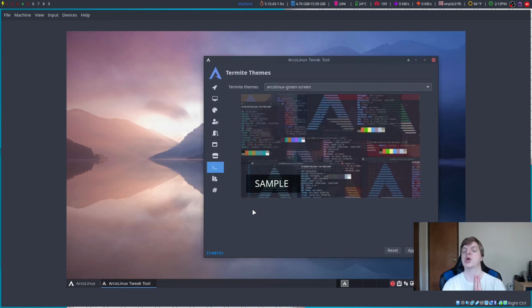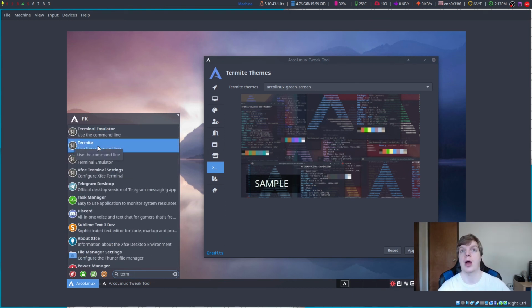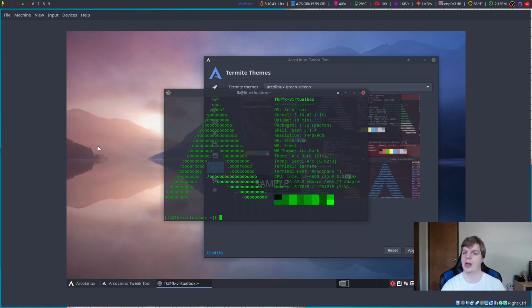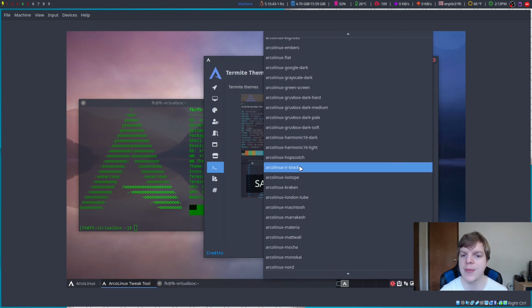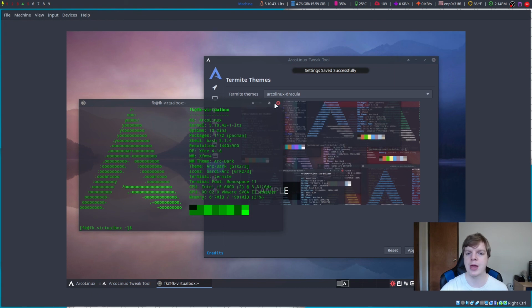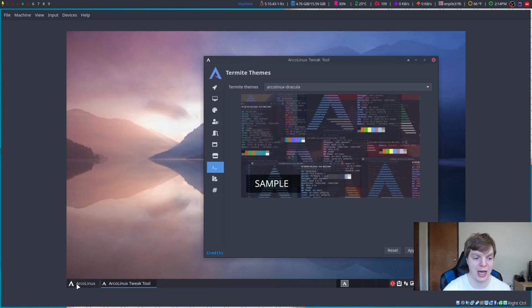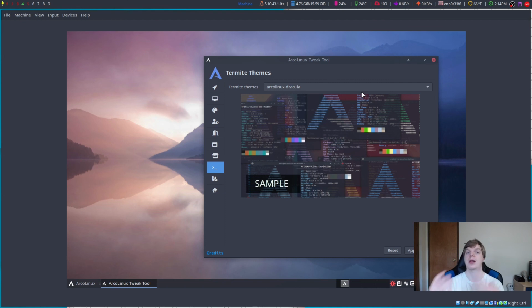within that. So here you have the Termite themes, and Termite is a terminal emulator that I believe is based on XFCE, although it might be a thing specific to ArcoLinux, I've forgotten. And this allows you to change the various themes for Termite. So you see here I've chosen the green screen theme, but if I wanted to, I can go up to here, choose Dracula, hit apply, go in, exit out, and you go and launch it again, Termite. It will then choose a different theme,